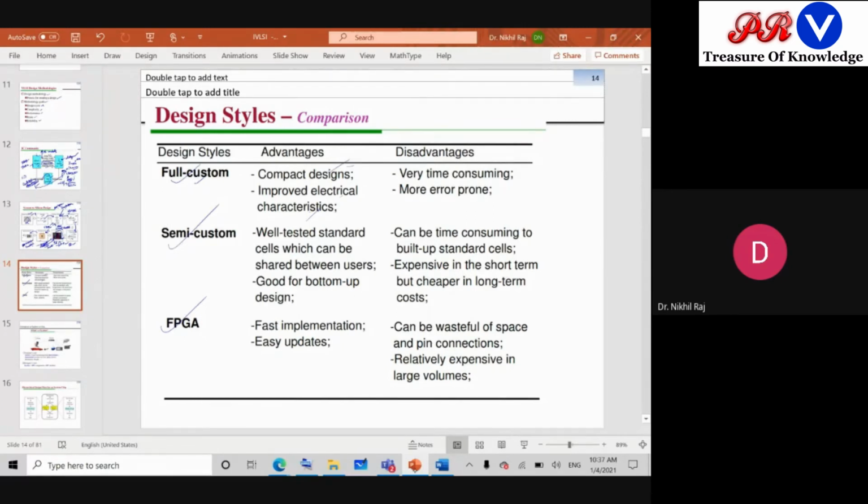But the disadvantage is, at each stage it will take a lot of time of debugging, because we are dealing with 1,000 number of transistors. It's not so easy to integrate everything. So definitely at each stage you will take a lot of time. So complete fabrication takes a very long time.